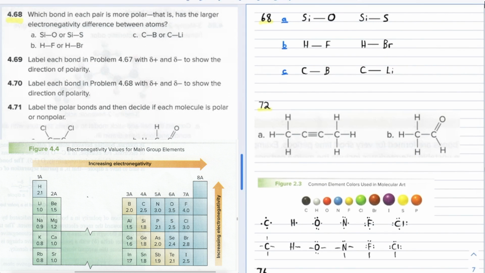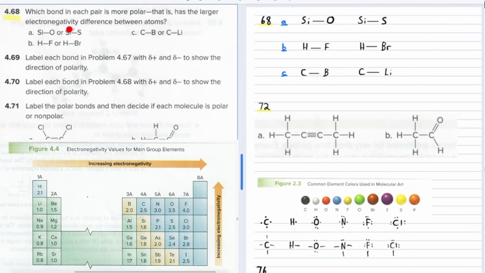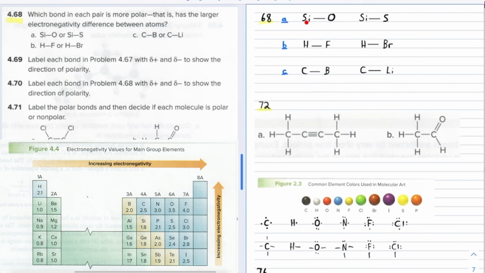So to answer this question, we need to know the electronegativity difference between the two atoms in each bond, so between these two and then between those two. And we can use figure 4.4. So using figure 4.4, let's just go ahead and calculate those differences for all 6 of these bonds, silicon and oxygen. Silicon is 1.8, oxygen is 3.5. If you take 3.5 minus 1.8, that's a difference of